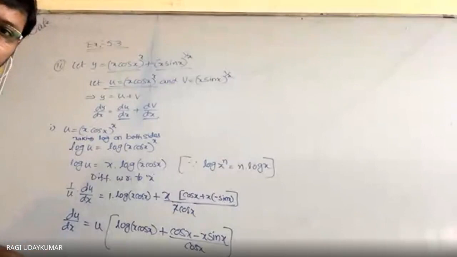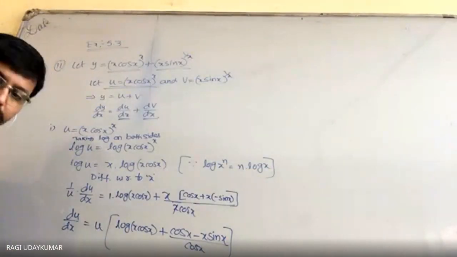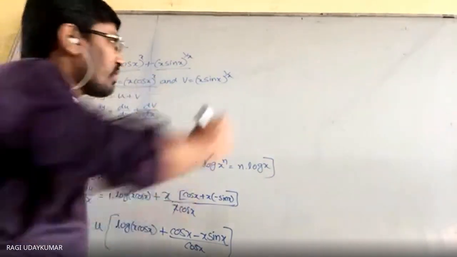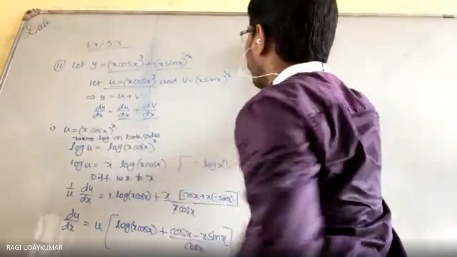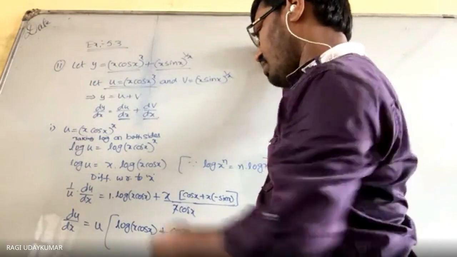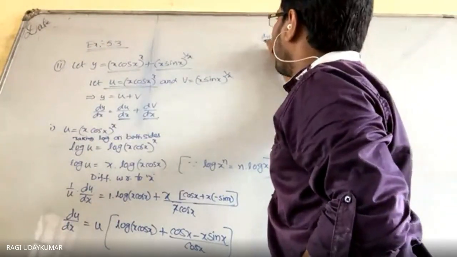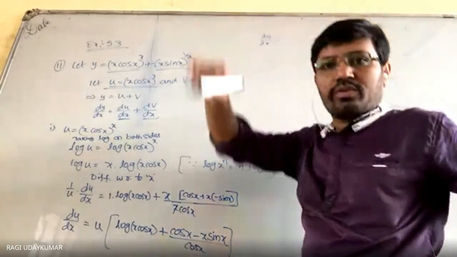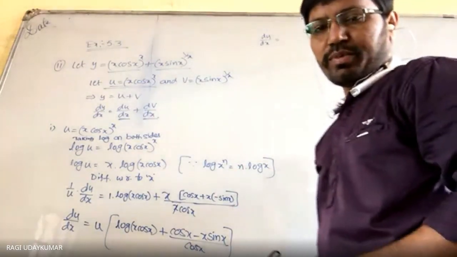I think it is not visible to you here. Is it visible here? No, sir, it is not visible here. Okay. Actually, I need to. Suppose you have to replace by whatever you have considered. So you can consider u as x cos x. So therefore du by dx is equal to, is this visible now? Is it visible? Yes, sir.